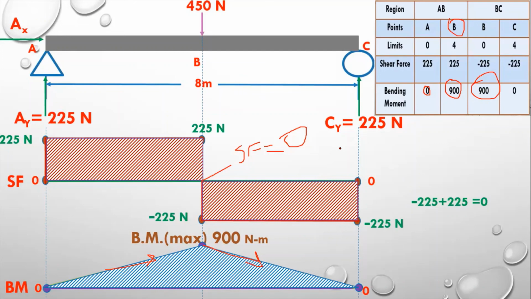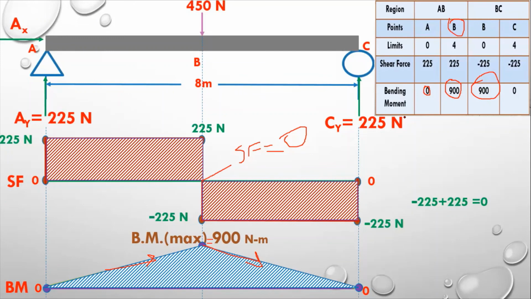Hopefully you will understand it and you will not get any confusion in it, and I think it's looking very nice and it will be very helpful, and I think it is very interesting, because I like it a lot. Constructing these diagrams is a very interesting job. Hopefully you will understand it, and you will try it at home and you will learn it in this way. So keep it in mind, whenever shear force is equal to 0, you will get the bending moment maximum, and the bending moment maximum here is 900 Newton meter.